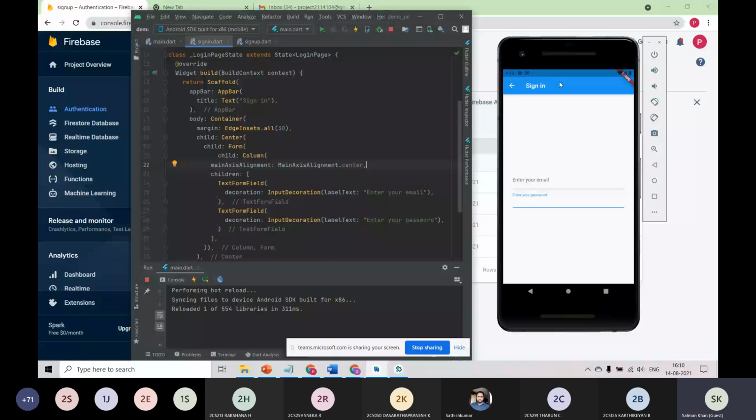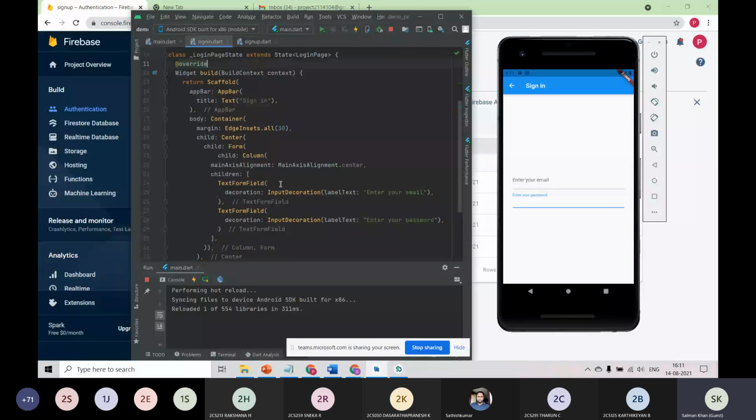And why do we use the form widget? Okay, the main part is that we use the form widget because there are many things like text editing controller and so on. And I personally prefer the form widget because it gives me an efficient way to validate with a simple piece of code. And under the form widget, we have two form fields. One is a text form field which takes your email, and another is a text form field which takes your password. Okay, and just let me add a few more things here.